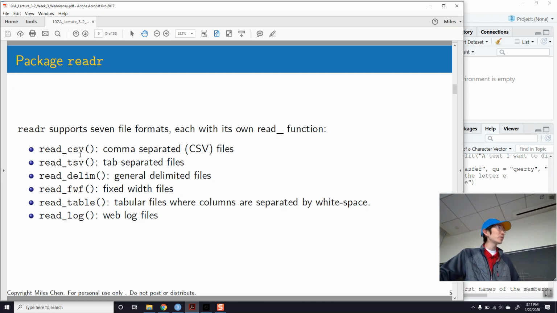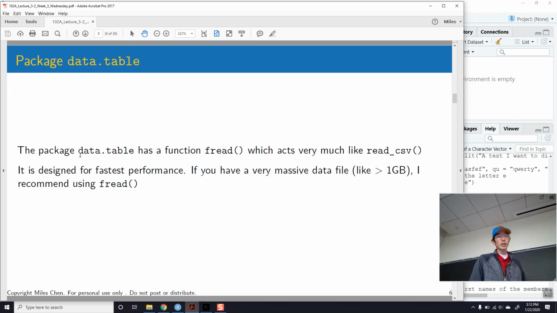And so you can use read_csv, okay? So readr basically just replaces the dot with an underscore, and it gives you higher performance. But if you've got tab separated or other fixed width files, these are things you can do, okay? data.table has a function called fread, all right, which acts very much like read.csv, but it's different,